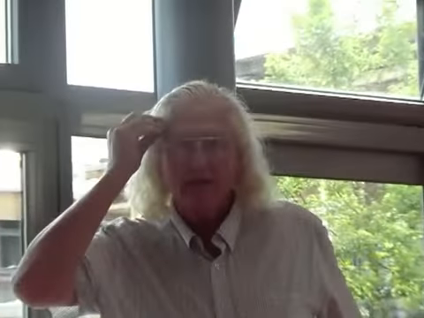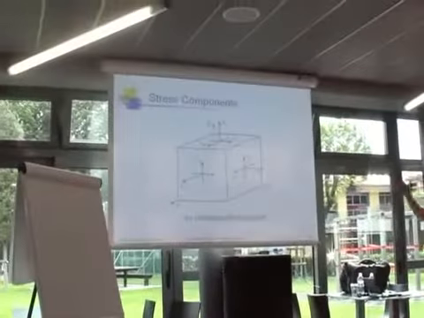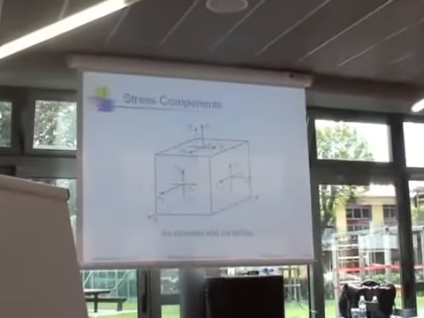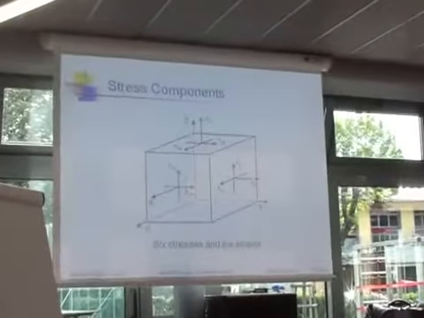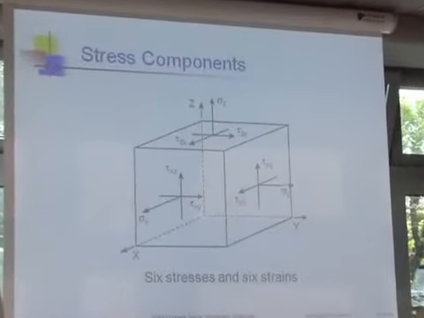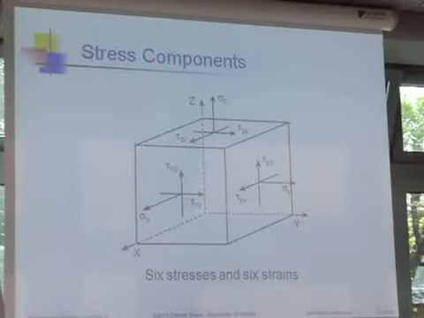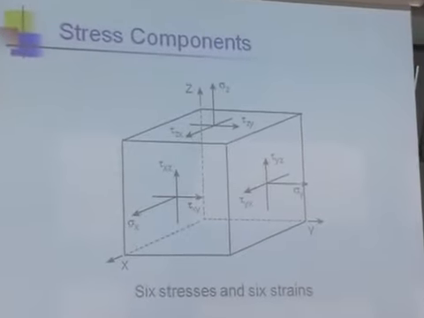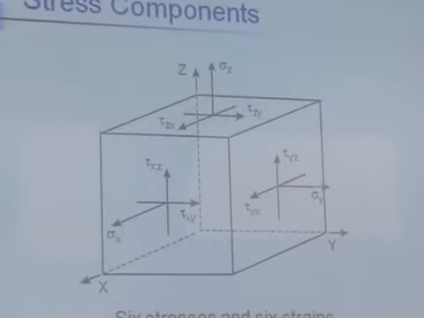What I learned at the beginning when I started doing work in this area is I didn't really understand what the stresses meant. I could do all the calculations and so on. So I want to take a few minutes and talk about that. First of all, there are 6 components of stress and strain that you could have. Actually, there are 9 of them, not 6. Right? If you count the different shear stresses